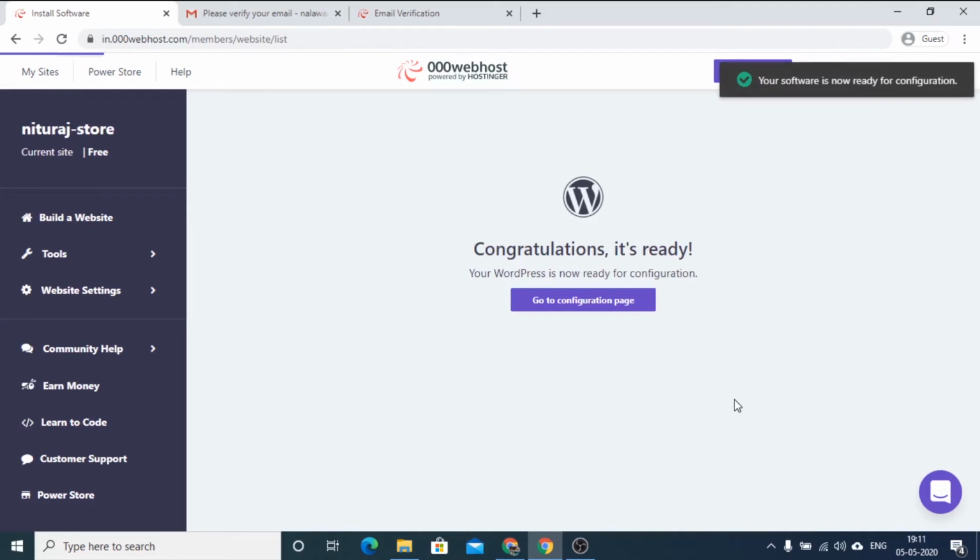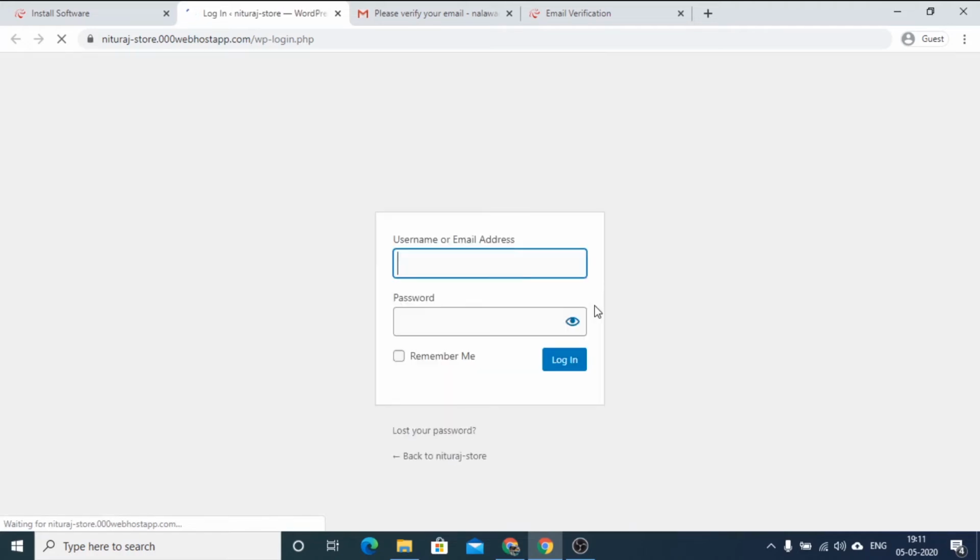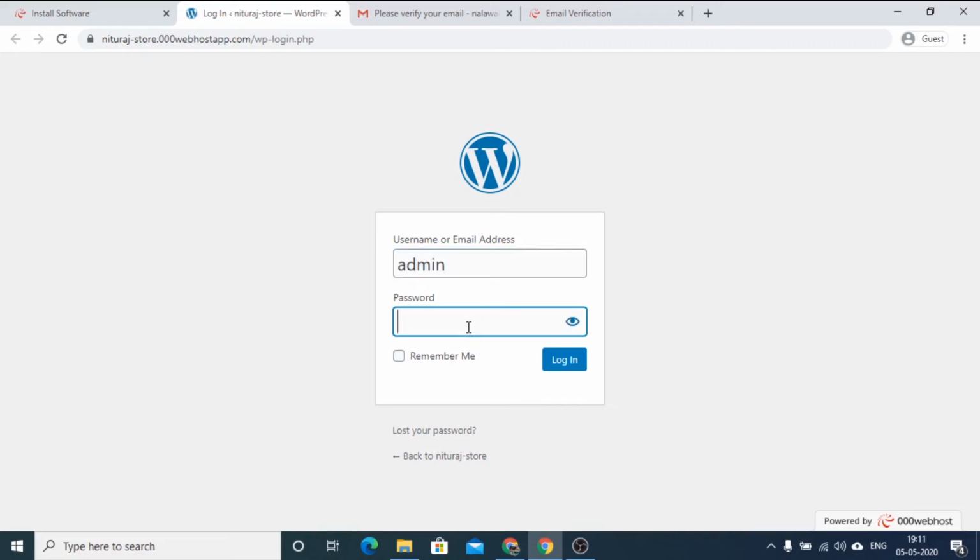Okay, so our WordPress is installed and here we will start editing. As I said, WordPress requires your ID and password. You need to log into your WordPress account to edit your website. So I'm logging in now. ID.